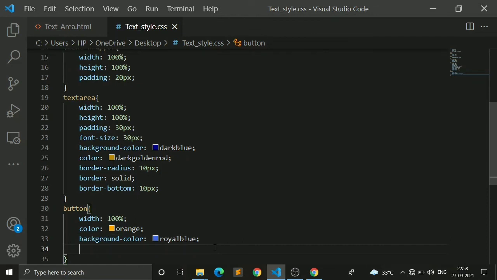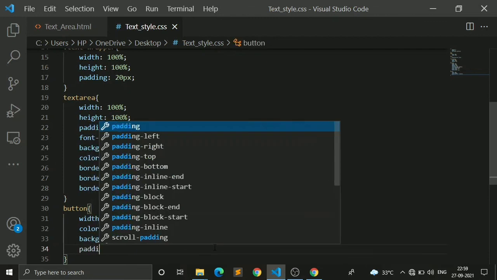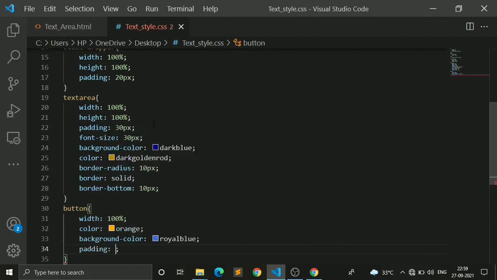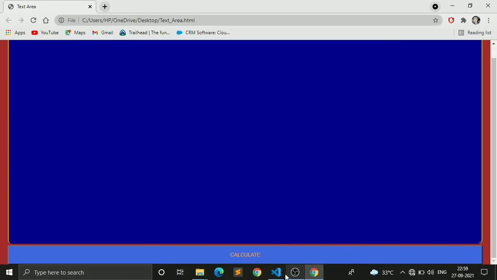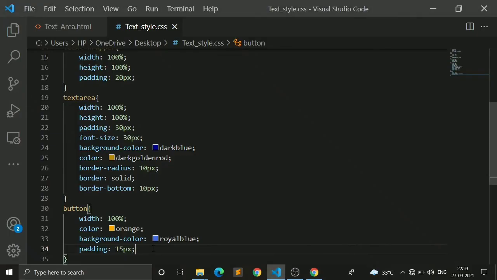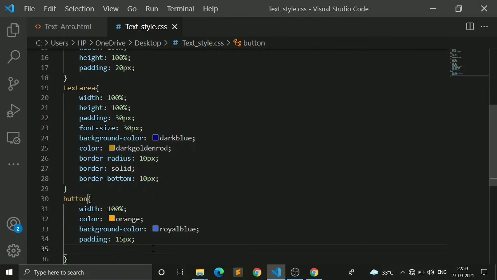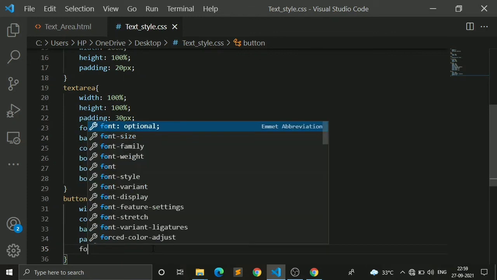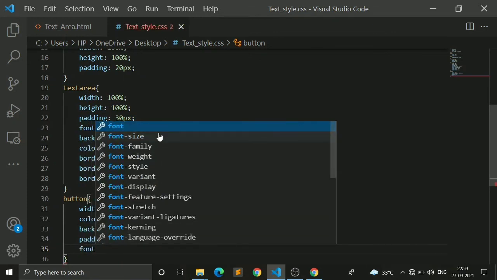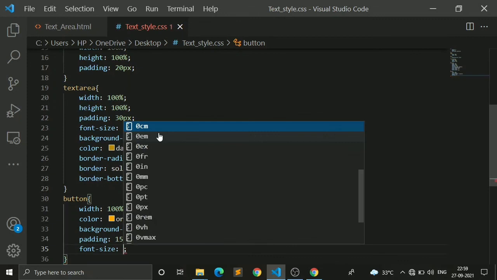Now I will give a padding of 15 pixel. Then you can see the padding is applied over here, and also I want to increase the font size, and I will give a value of 30 pixel.